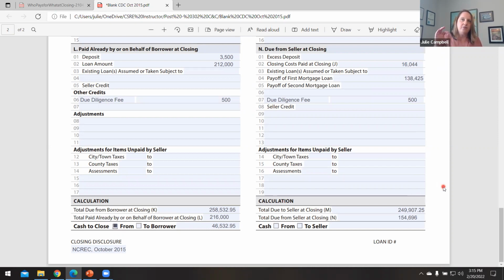For the sellers, credit minus debit tells them hopefully how much they're going to get. Hopefully they have more credits than debits. So their credits minus their debits tells us that my sellers are going to get